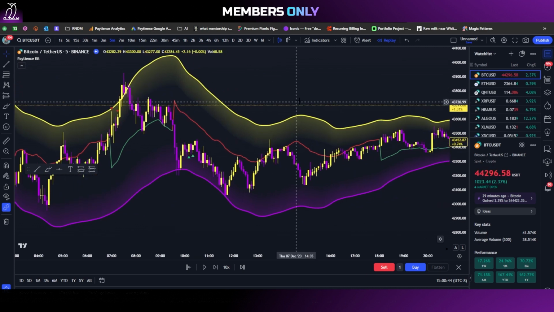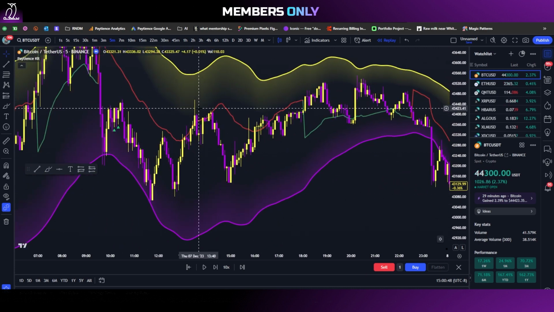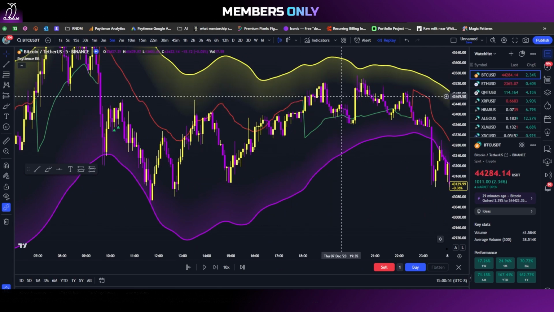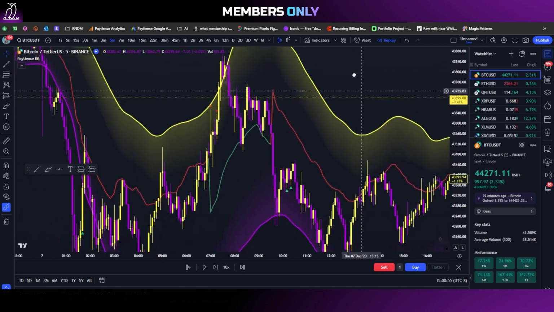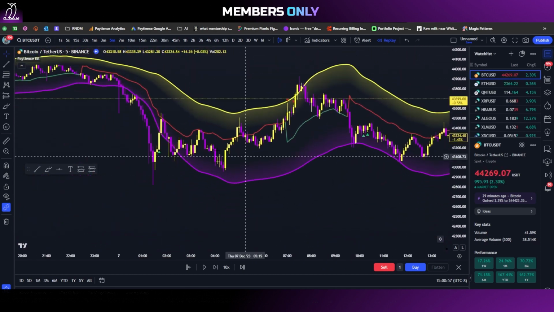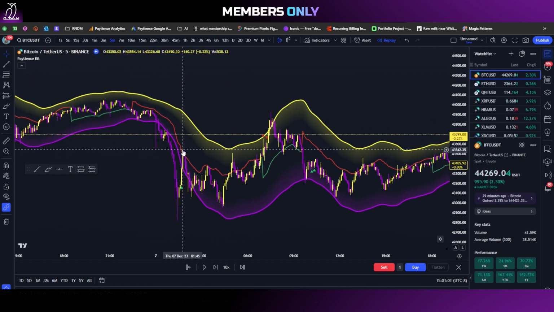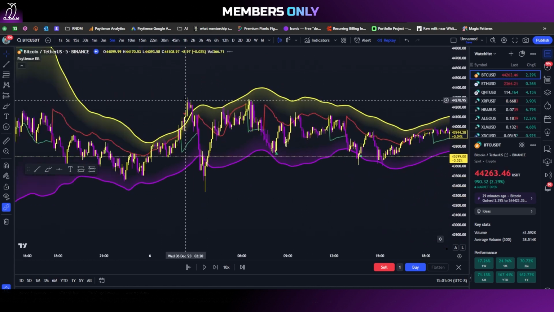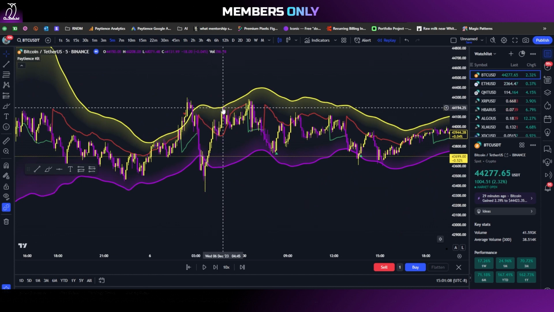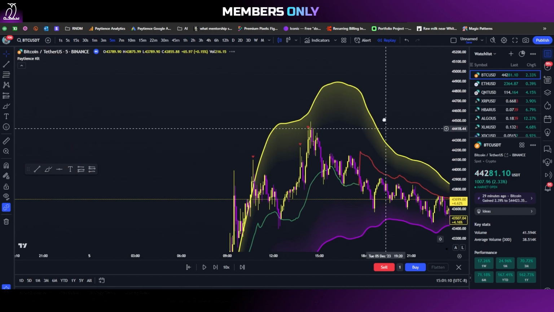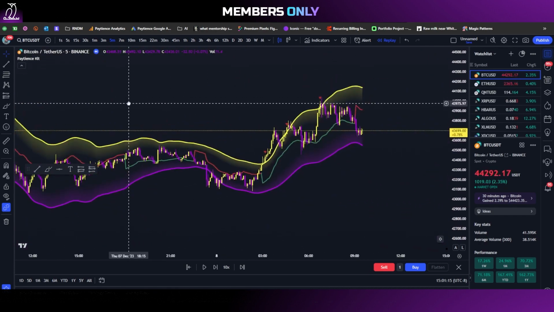Similarly, if we used the bands right here, we had a touch right here, you would have caught that spring up pretty good there, and then if you held out for a long time, you'd be very much in profit. Some other examples, you can see right here, we kind of got way out of the bands. You could have caught that little move up. Right here, we got out of the bands, went all the way down out of the bands on the bottom, and then back up. So these little moves are what you're ultimately looking for,